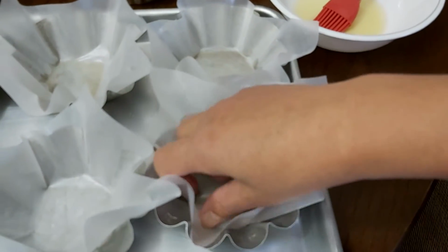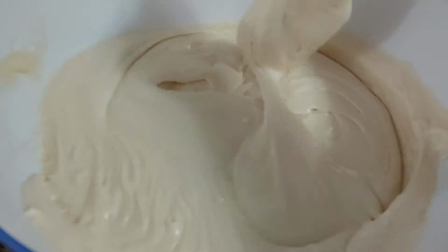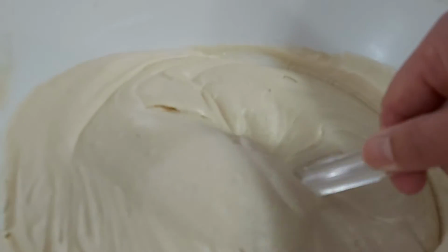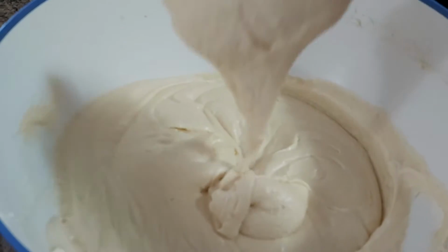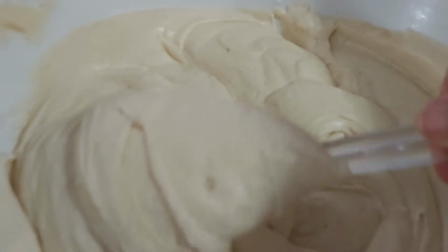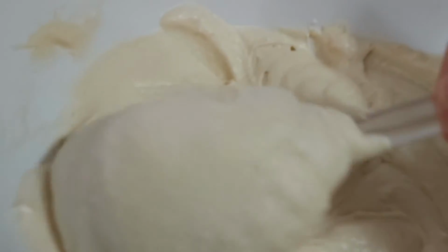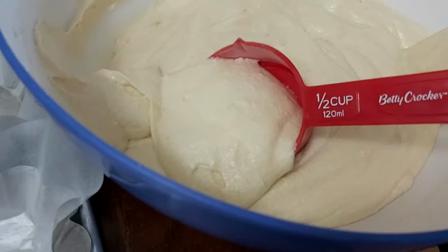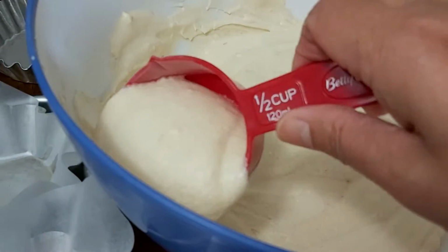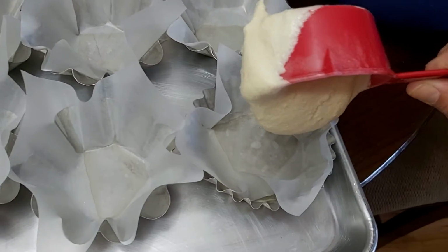Okay, beautiful. So we will pour at least 2/3 of the mixture into our molders. Wonderful friends, let's check the consistency of our batter mixture. Beautiful. It's not very runny. So consistency, taste, and texture are very important aspects when you bake. Beautiful. So I'm trying to use this measuring cup,